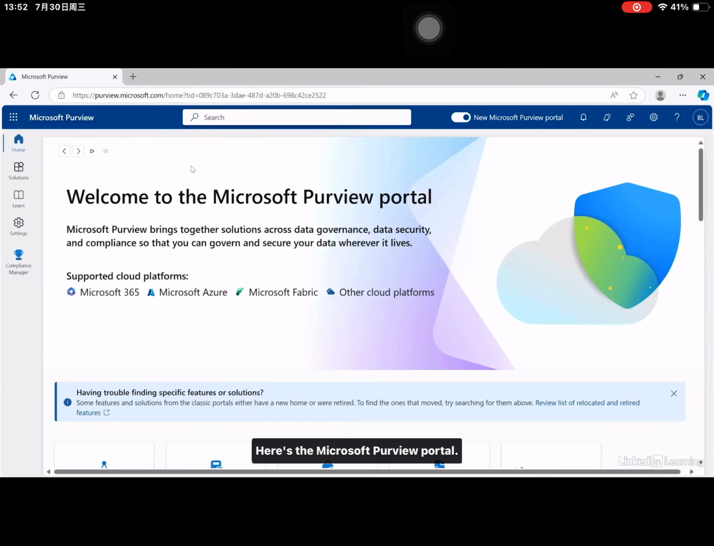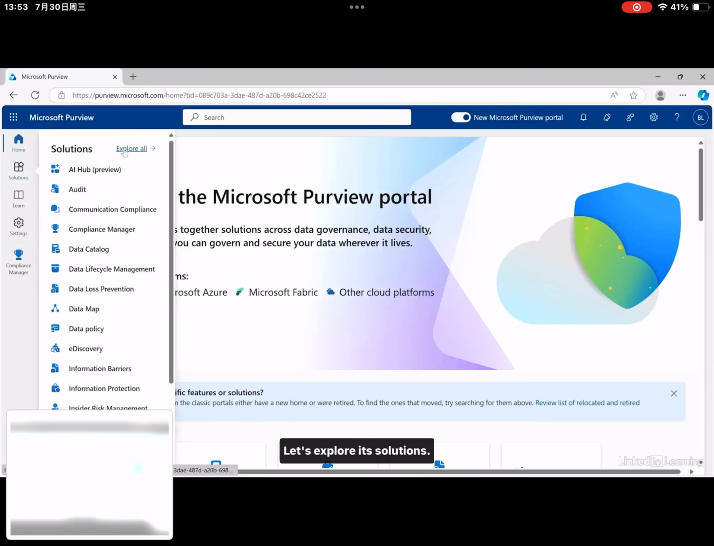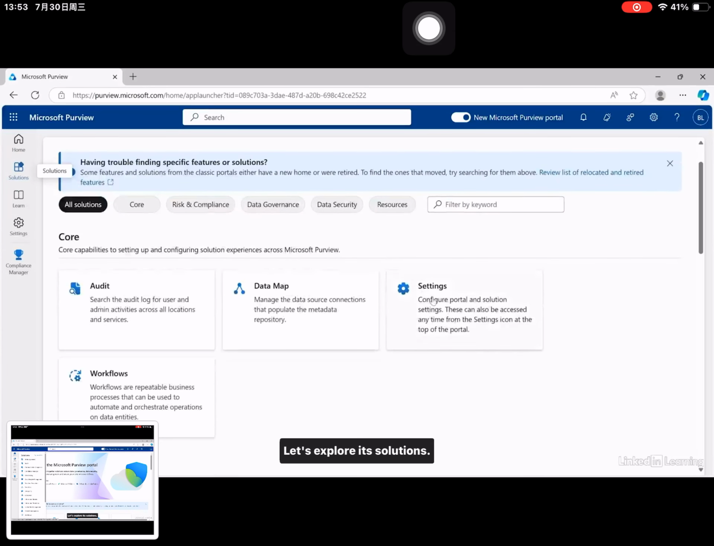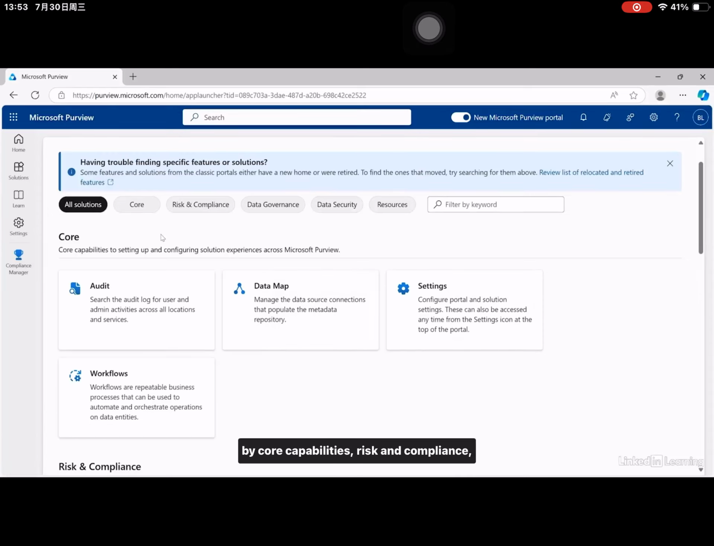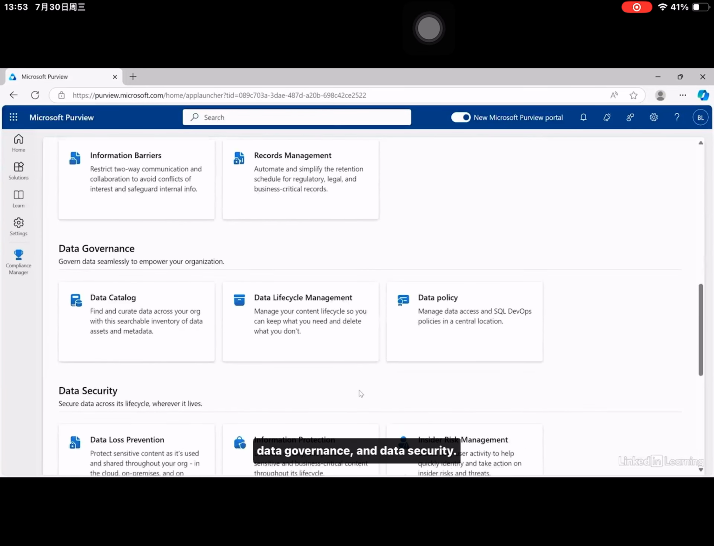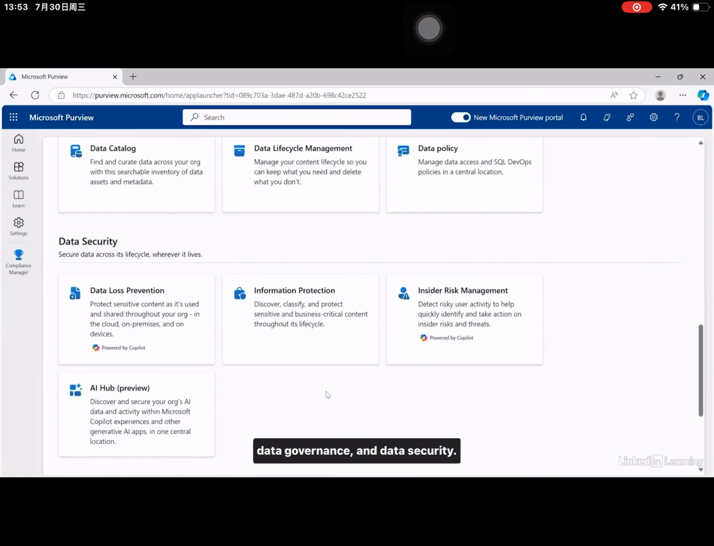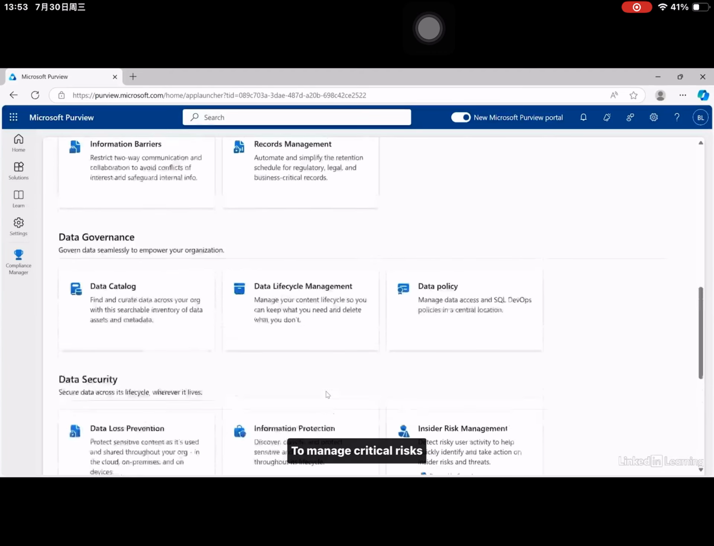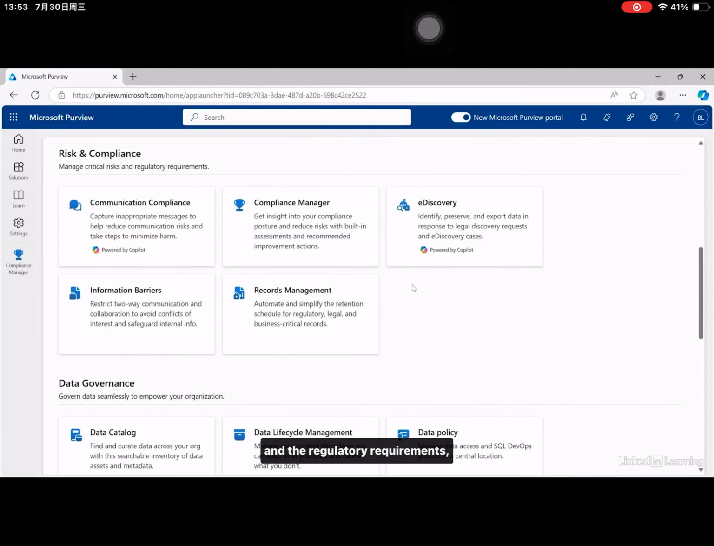Here's the Microsoft Purview portal. Let's explore its solutions. You can see a list of solutions categorized by core capabilities: risk and compliance, data governance, and data security. To manage critical risks and regulatory requirements, it offers several solutions, including communication compliance for reducing communication risks by capturing improper messages,